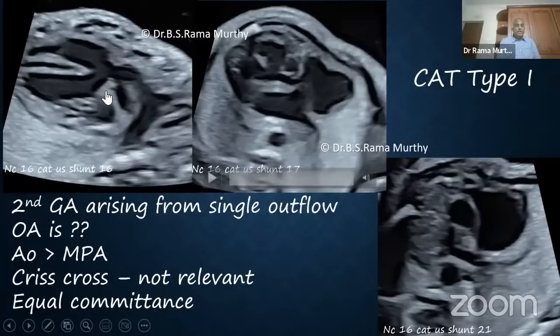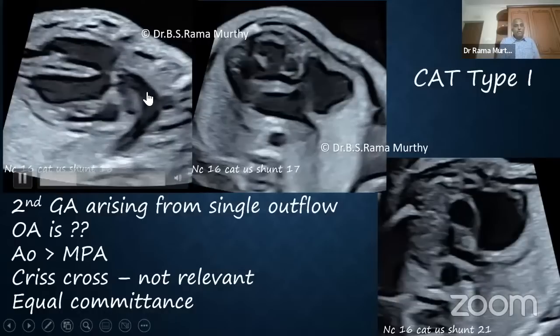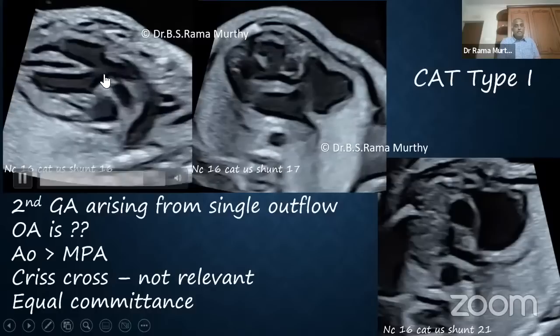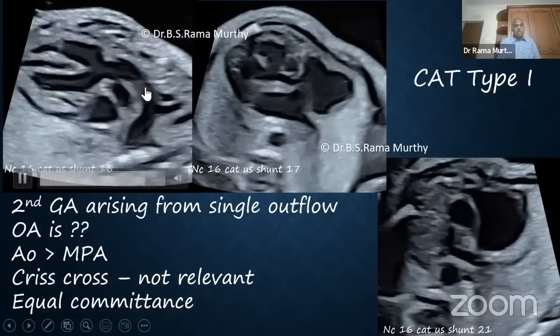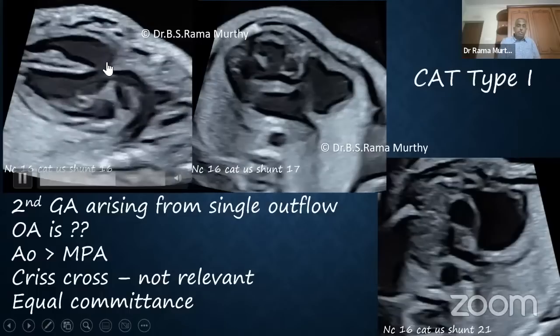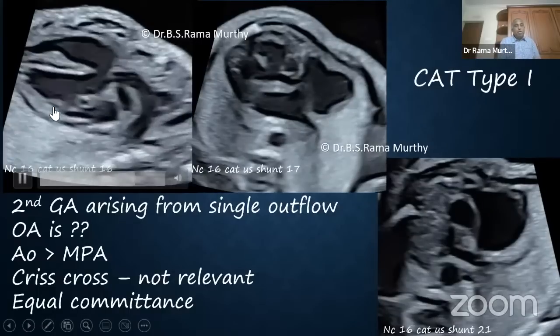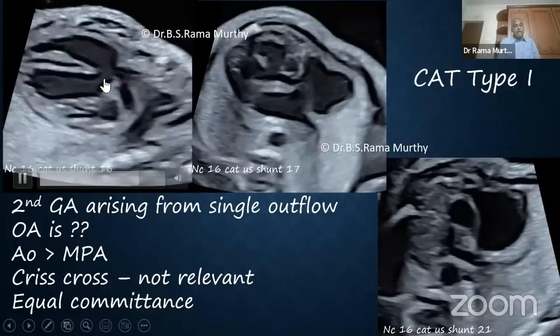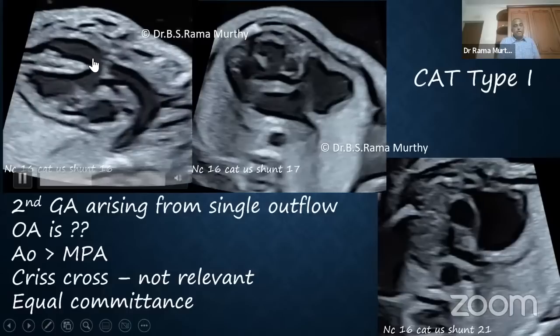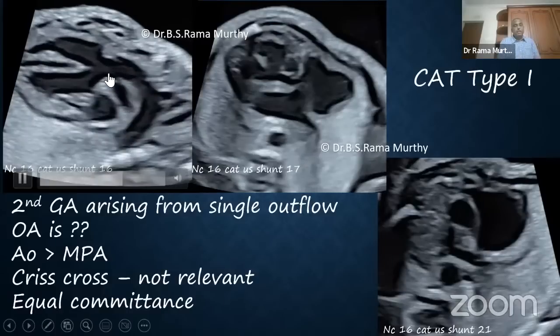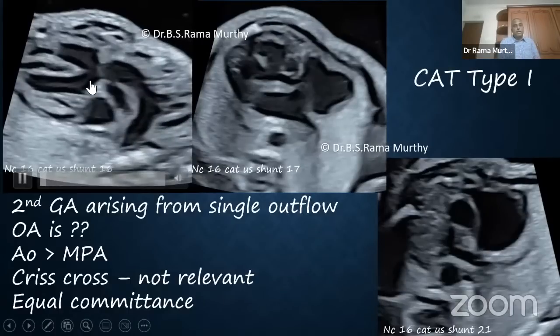Now let's look at this particular case and answer the first question. First of all, is there an overriding artery? Yes, there is an overriding artery, which is really big. Just like in the previous case, this also is huge, and in fact, it is much, much bigger than the previous case, very markedly big, right? And it is overriding the crest of the interventricular septum, almost equally committed to both chambers, right?